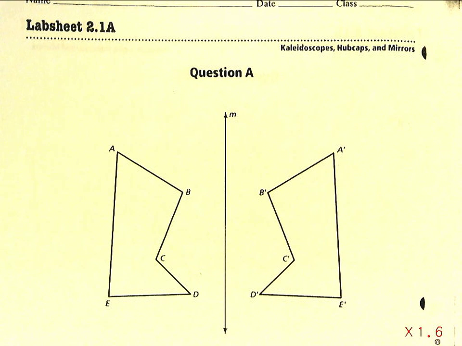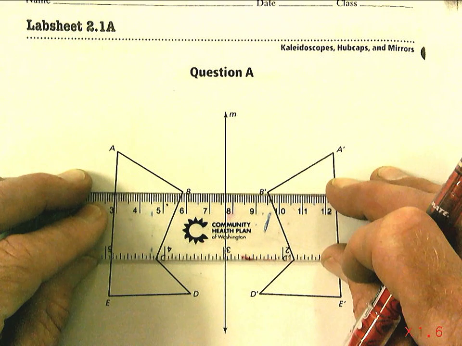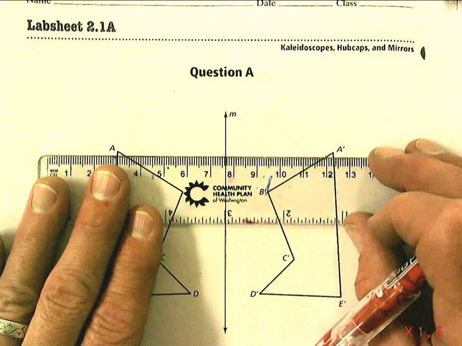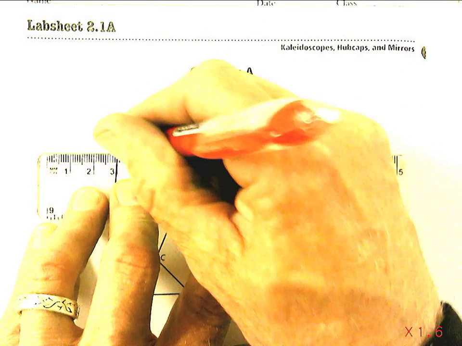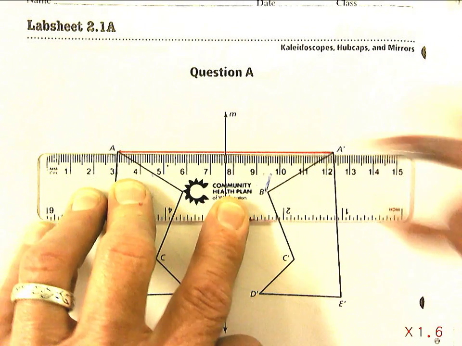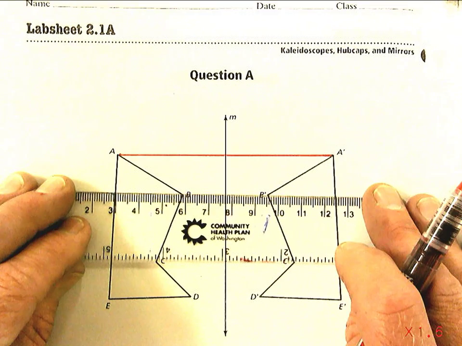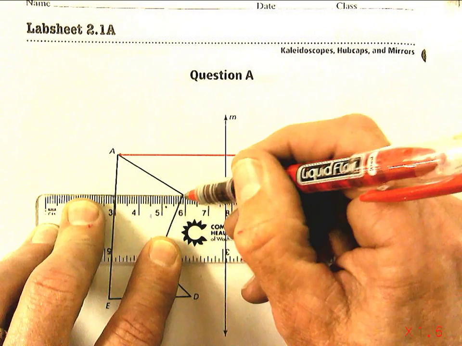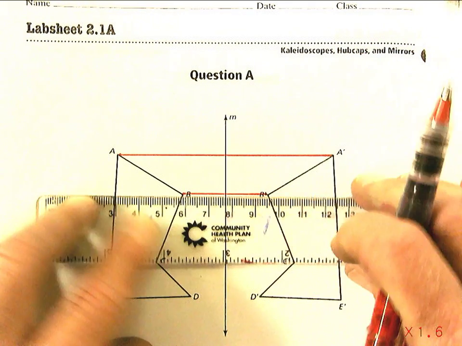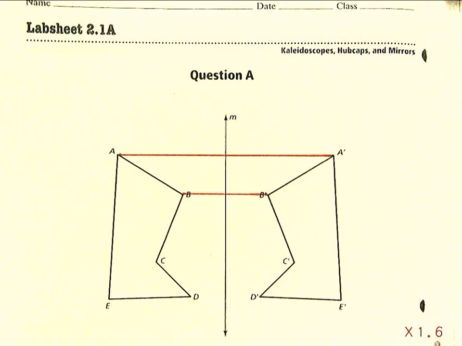It says to draw segments connecting each vertex A, B, C, D, E to its image. So what we're going to do is connect these copied pieces. We'll start with A. I'm going to draw a segment all the way across from A to A prime. That's the first part. And then from B to B prime. So I'm going to connect each of these points directly across to its corresponding copied point. B to point B prime, and then